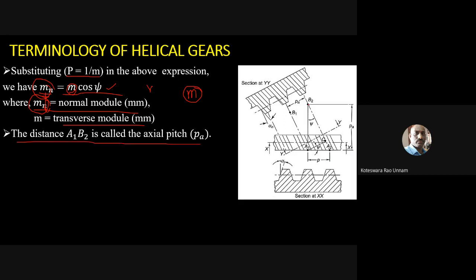So this vertical distance A1, B2, we'll call the axial pitch, because this is along the axis of the shaft. If you measure along the axis of the shaft, you call it axial pitch. From triangle A1, A2, B2, if you consider this bigger triangle,